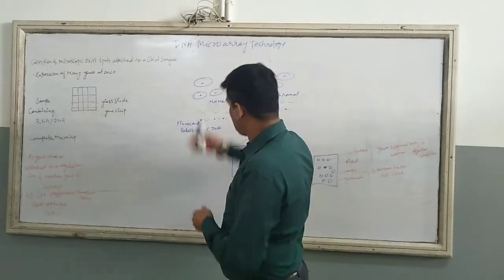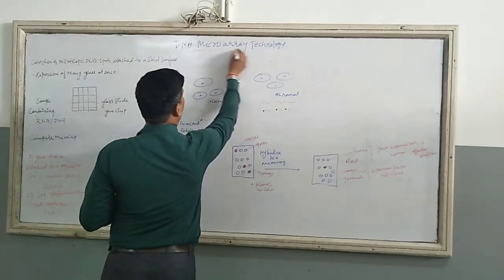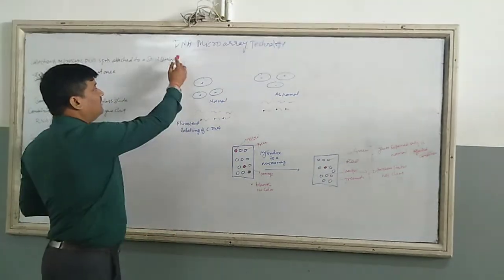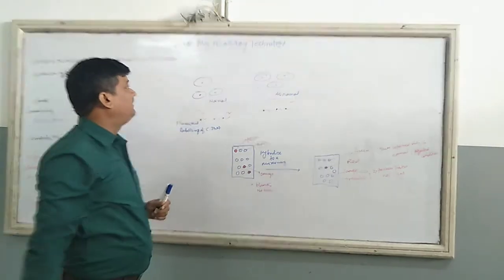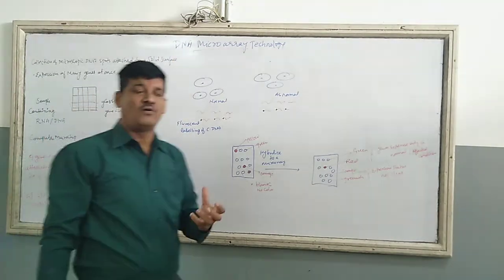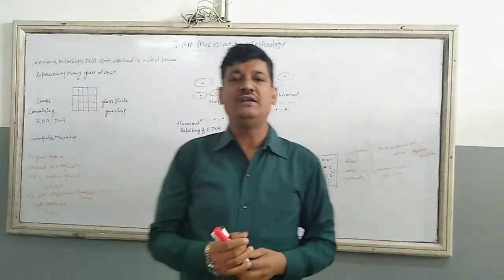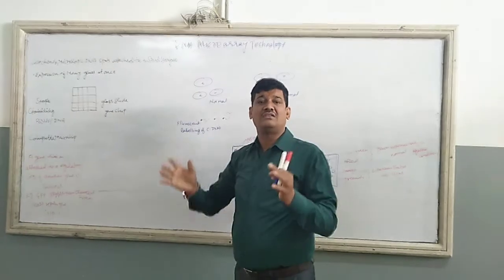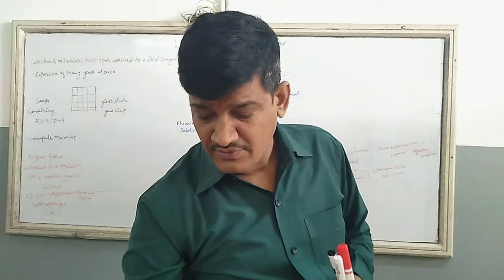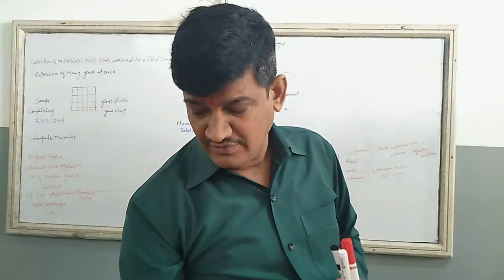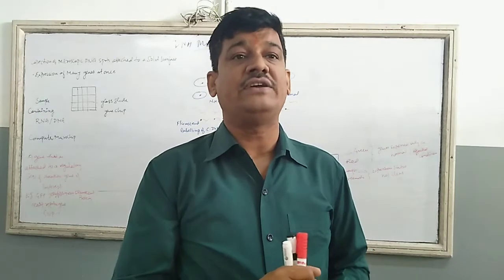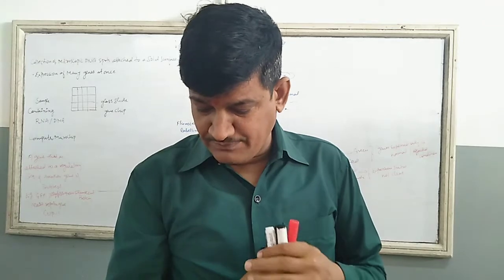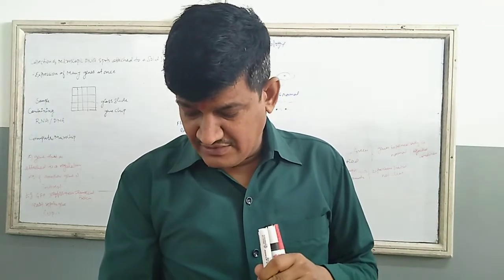So DNA microarray, what is the meaning of microarray? Array is the cluster or the group of genes here. But what we are taking here is DNA microarray. It means this DNA is so small, very microscopic, so we call it the DNA microarray. It means the DNA molecules are in a small cluster, and this is also known by various names. There are several names of this technology, for example, DNA arrays, gene chips, biochips, DNA chips and gene arrays.